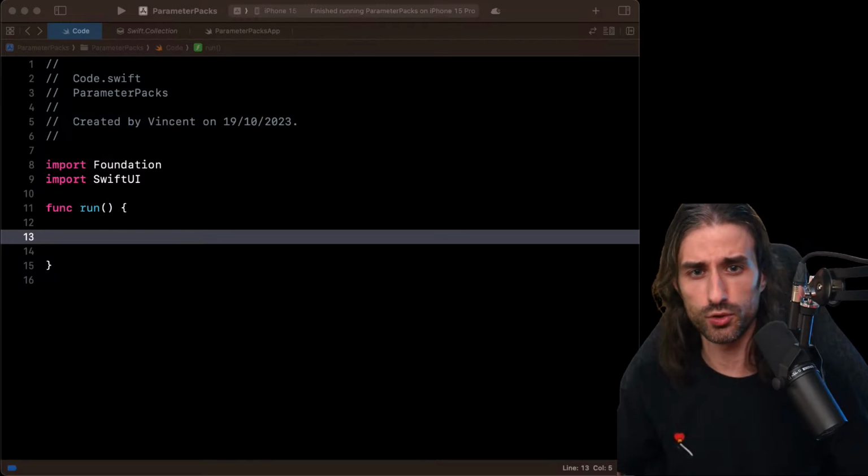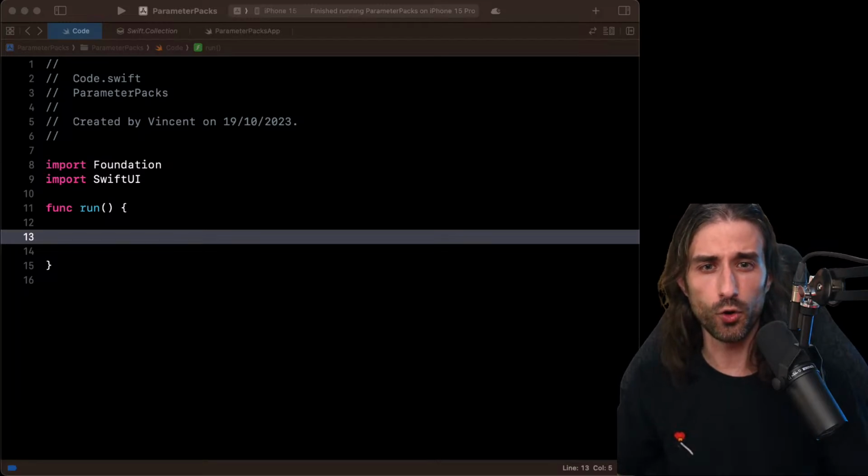And so I guess SwiftUI didn't need that much this iteration. It just needed to put the values in a tuple. And so that's why the for loop was not supported when the feature was released, because it was not part of the MVP, we could say. But there is a proposal on how to do a for loop to iterate over a value pack. I skimmed over it. From what I understand, there are some non-trivial cases you need to take into account. So it's not as easy as just doing a for loop, but it should be coming soon to Swift.